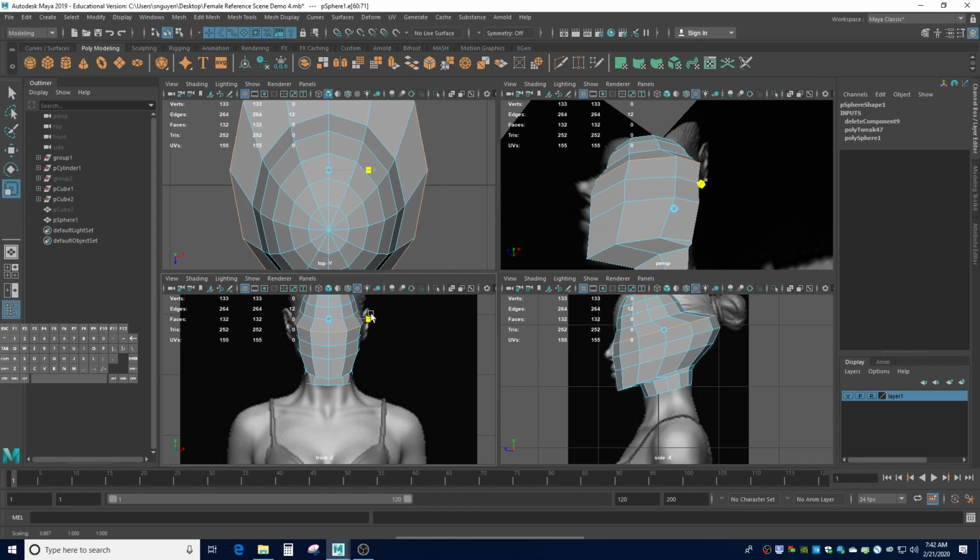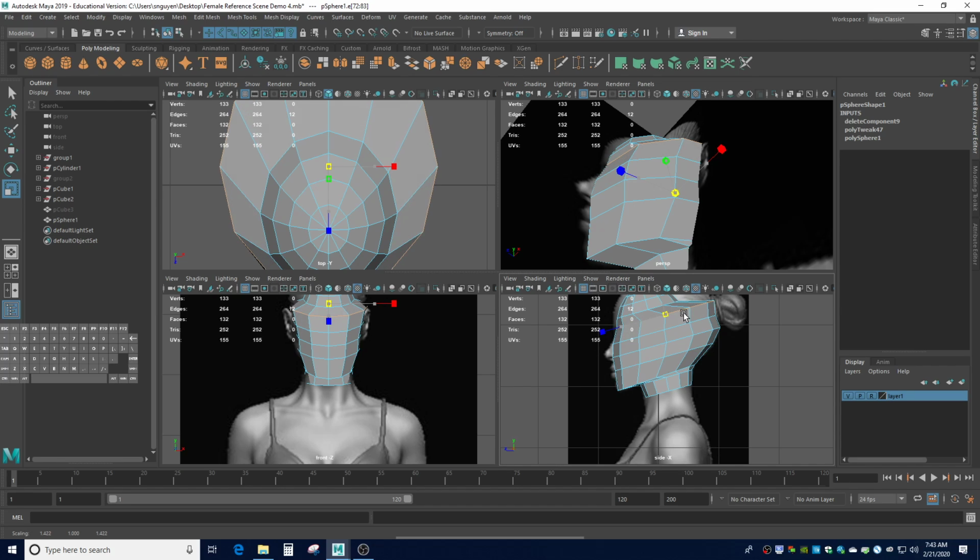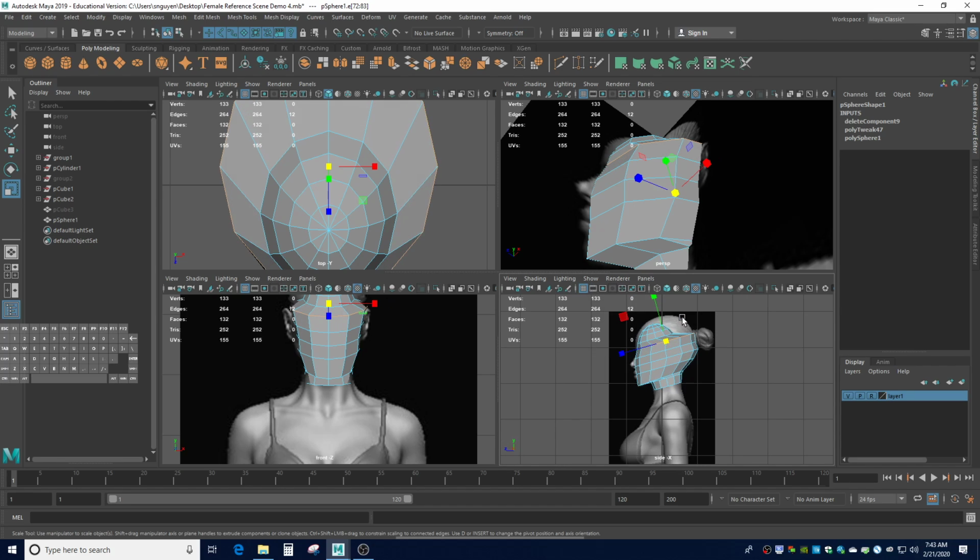Remember, we're not going to really sculpt for the ears. We can use soft select later and pull out and make the ear definition if we want to give it a little bit of definition here. I'm going to try to ignore her hair here. We're just going to model her actual head. And I'm going to use the move tool, get it centered. Okay, and go ahead and use the R tool and scale it this way. And again, this is not